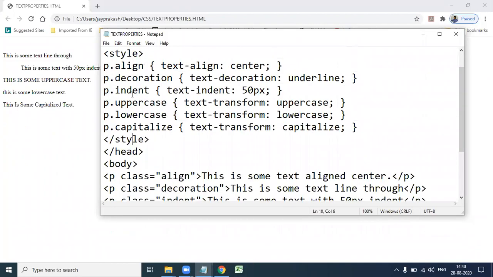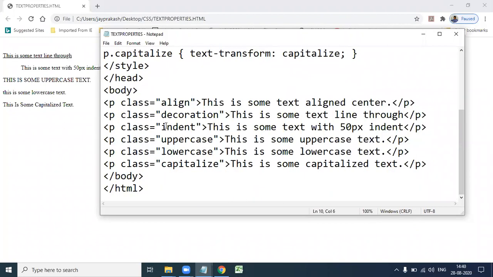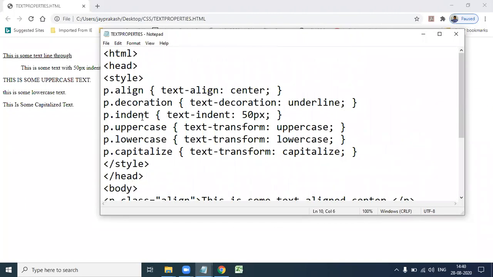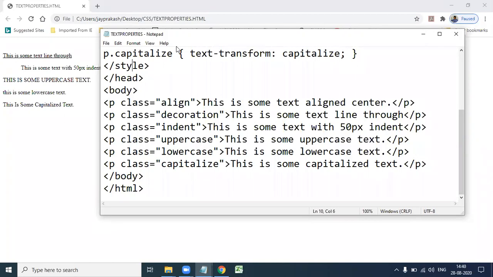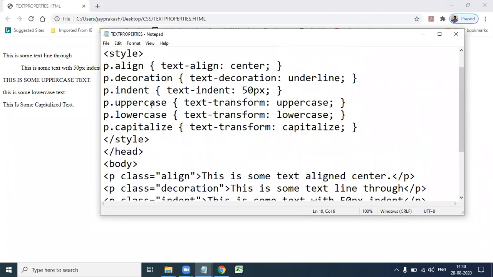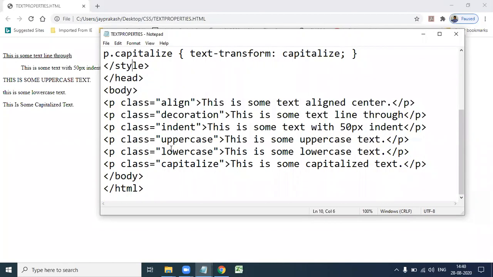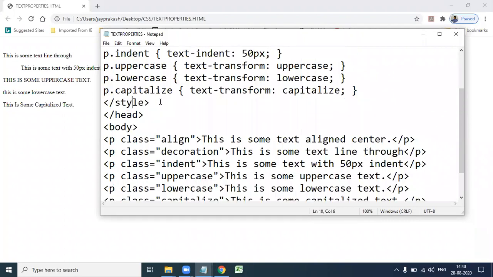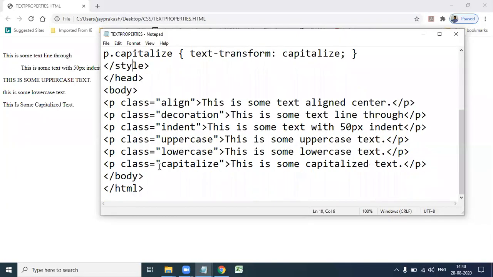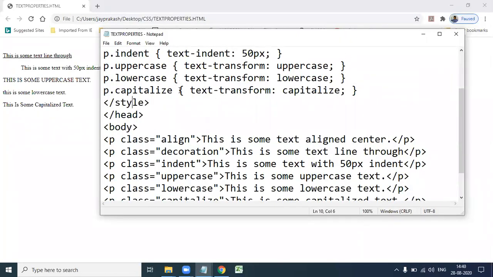Next class is decoration, p.decoration. Next is indent, p.indent. Next is uppercase, p.uppercase. Next is lowercase, p.lowercase. Similarly capitalize, p.capitalize. We access these class selectors using the p dot symbol.